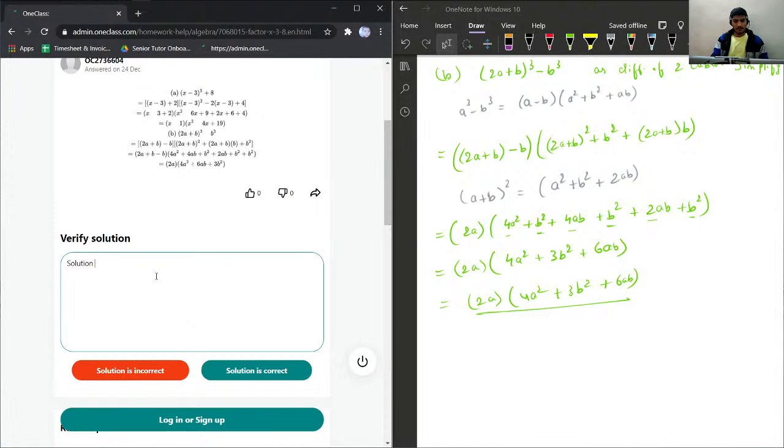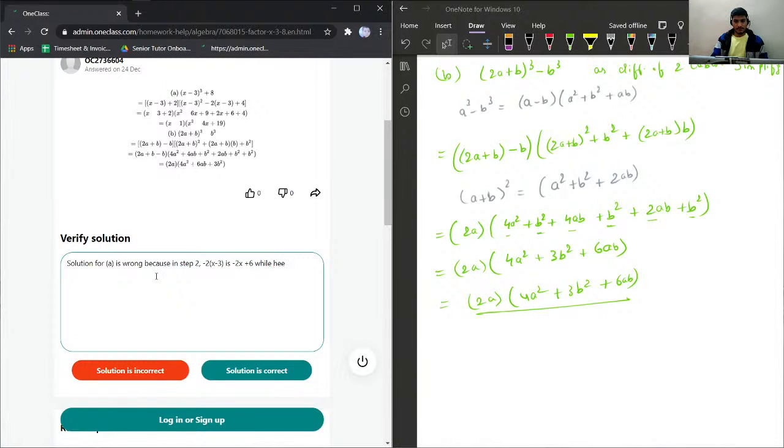Solution for A is wrong, because in step 2, minus of 2 times x minus 3 will be minus of 2x. So this is minus of 2x plus 6, while